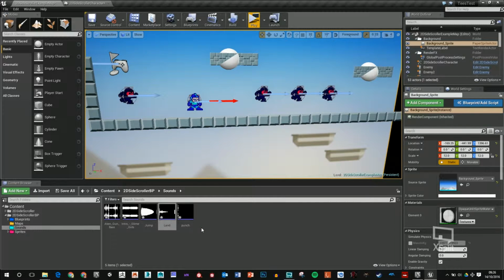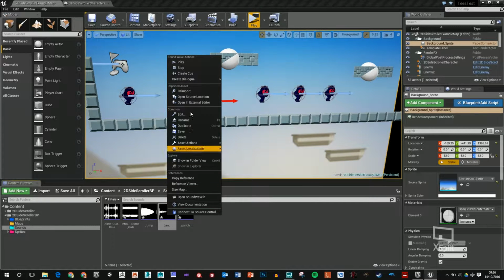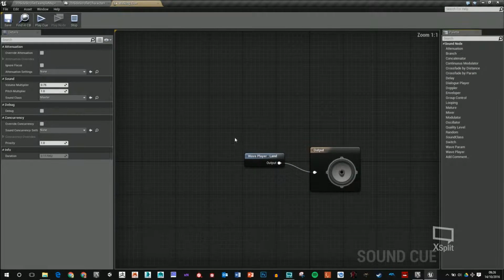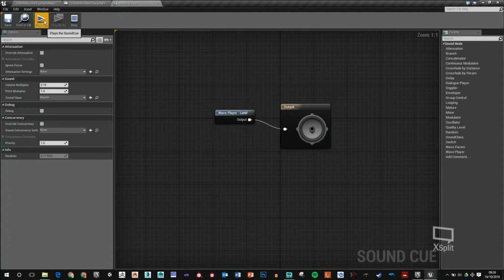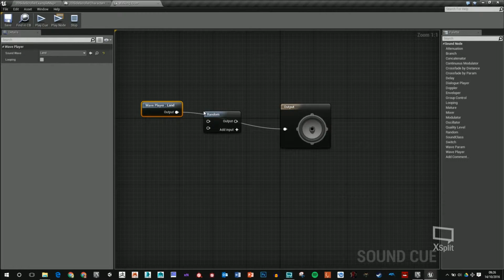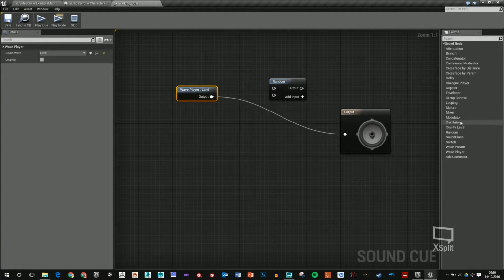So the way you can do that is if you right click a sound that you've just imported, you can create a cue. Okay, so I've got land cue. I'm actually going to call this walking cue. Open that up. And so at the minute, all it's going to do is play that noise. But we want to have a random note, and what we want to do is